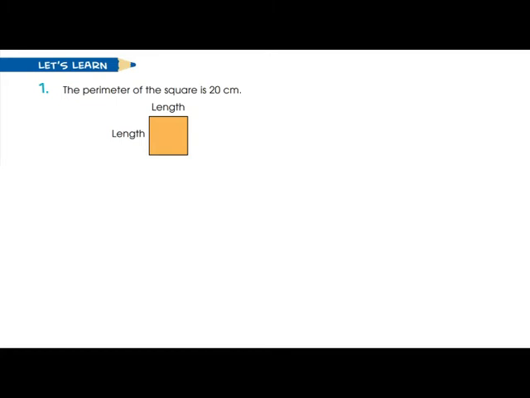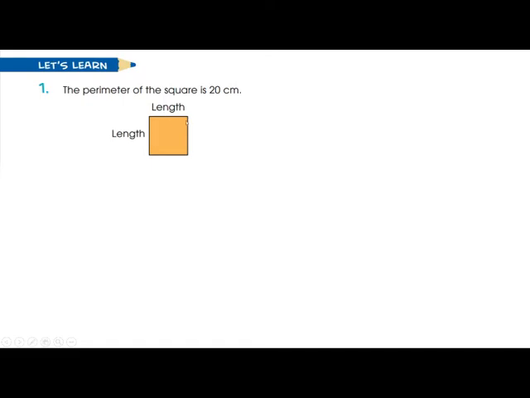If they are giving you 20 centimeter, for your recalling, I am giving you that in grade 3 you already learned about the perimeter and the area. How you were finding out the perimeter? Basically perimeter is the sum of all sides. What is the perimeter? Perimeter is the sum of all the sides.